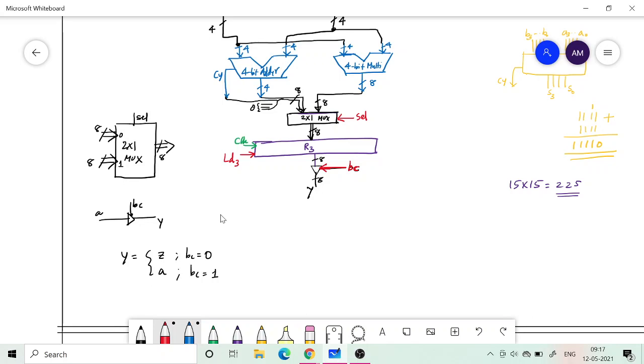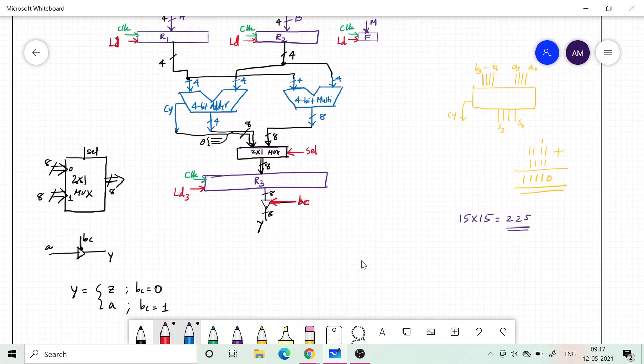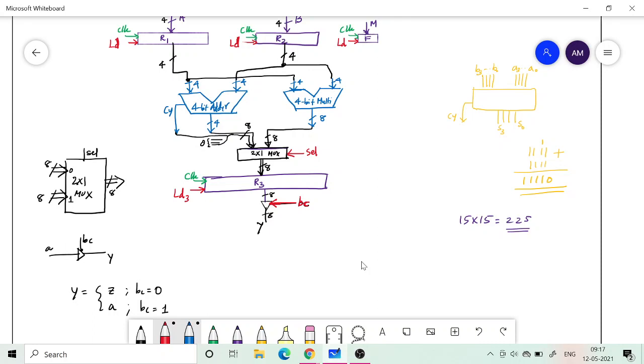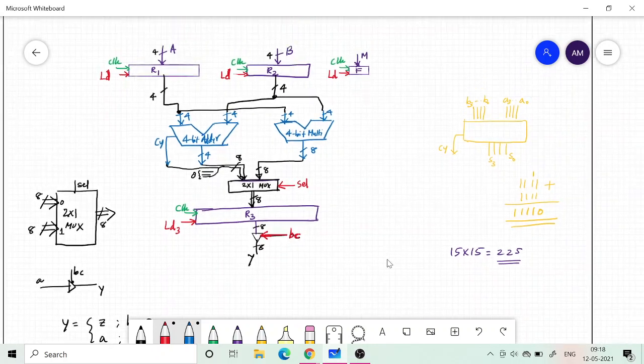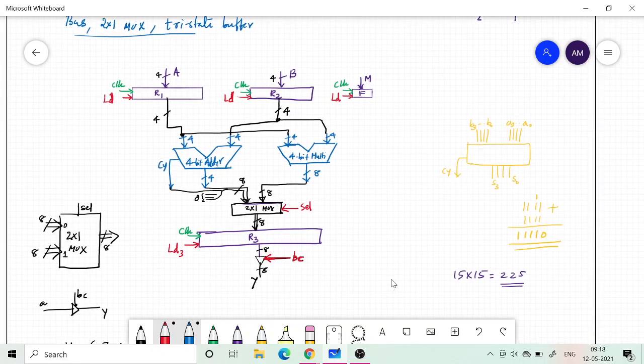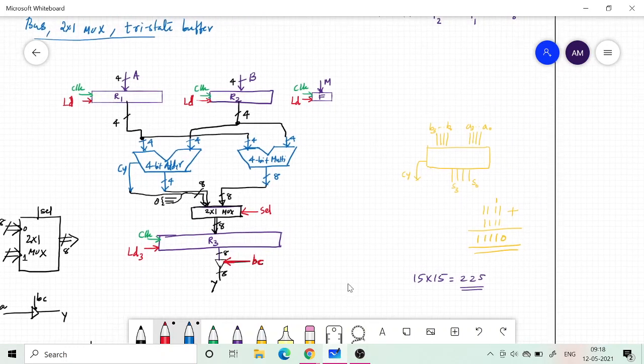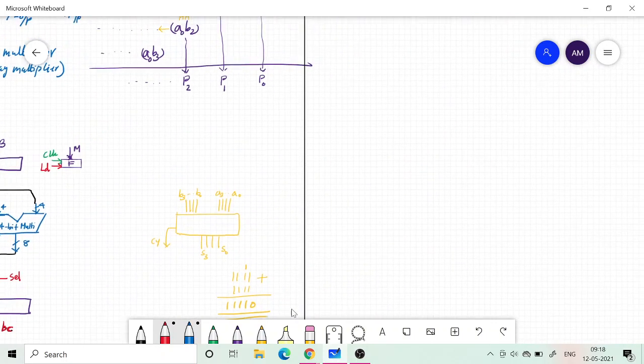Yes, sir. So it all depends upon the specification. That's why initially I told you how the customer specifies his requirement, and accordingly you have to decide. If he says that he wants the previous result to be continually displayed until it is replaced with a new result, then you should not put a tri-state buffer there. So it depends on the way the customer specifies. Now let's go to what is called the ASM chart.